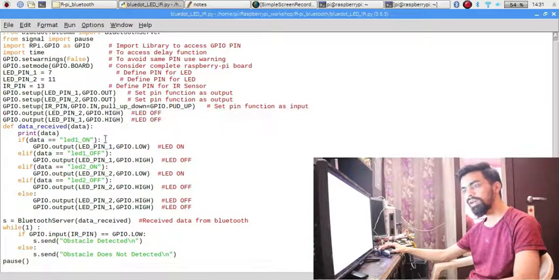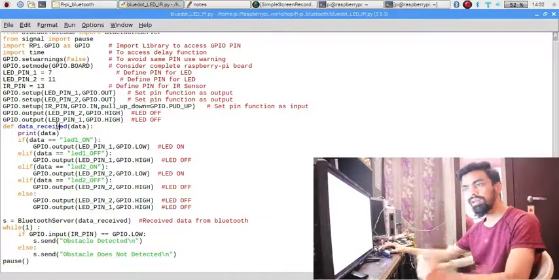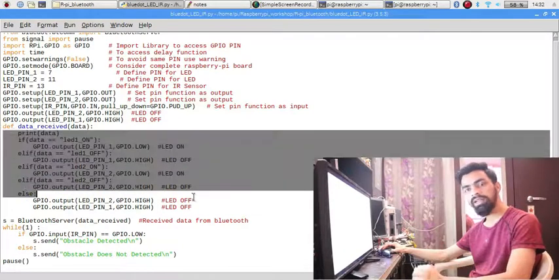The next function is def data_receive. Basically, the data_receive function is invoked whenever any data is received on the Bluetooth of the Raspberry Pi. Once the Raspberry Pi Bluetooth detects any data, this function becomes active, and whatever code is present inside this function gets executed.